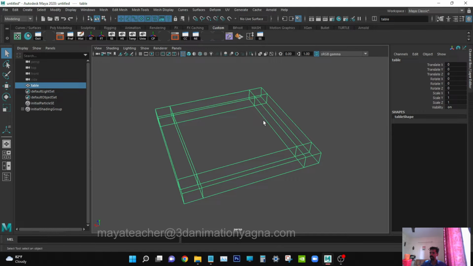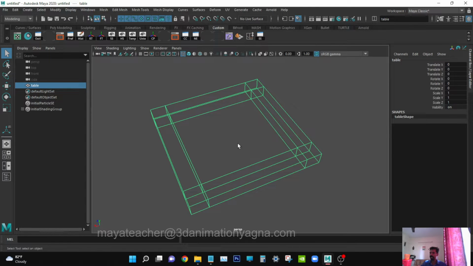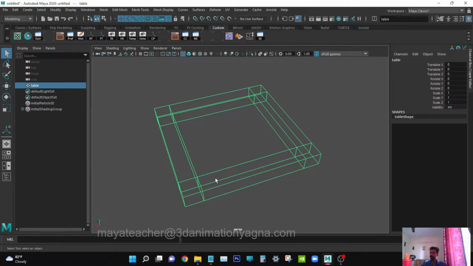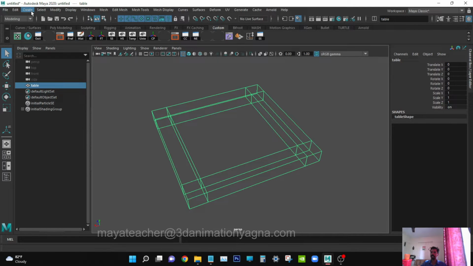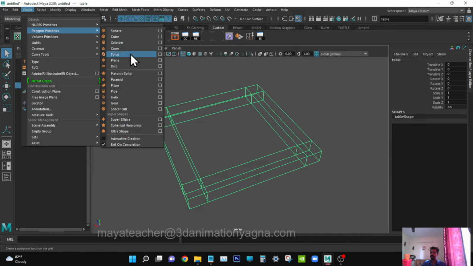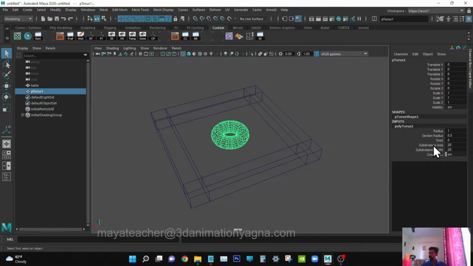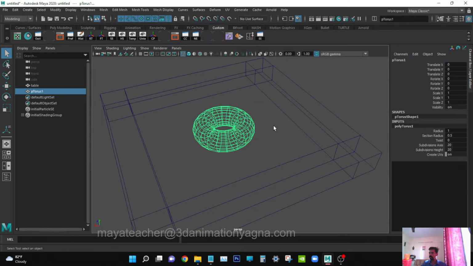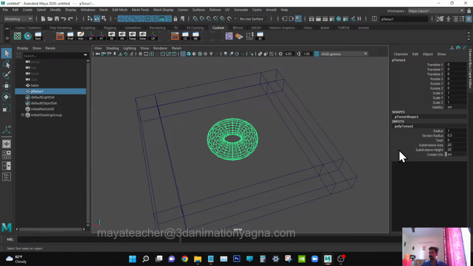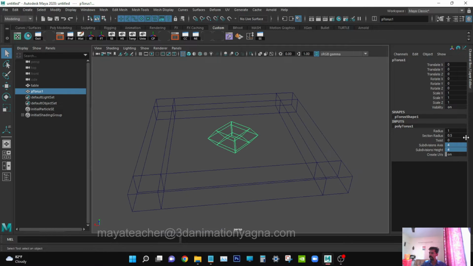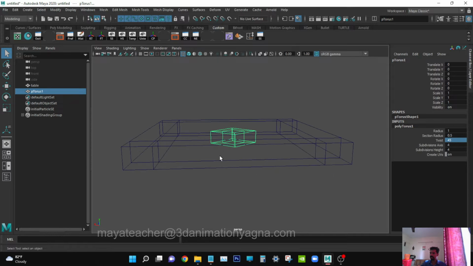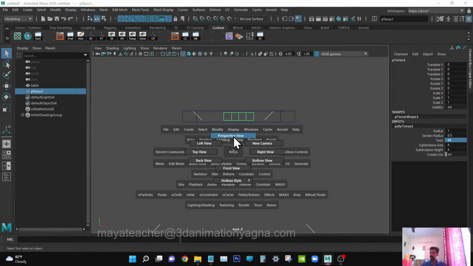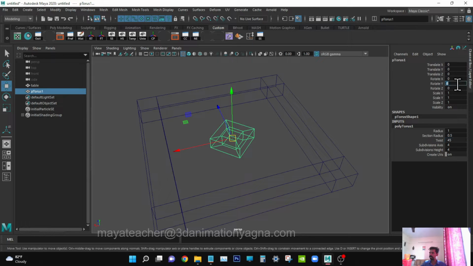Inside this we are going to keep a glass. Around that glass we are going to create a beading. So for that I am going to take Polygon Primitives, Torus. You can see how I am going to make a cubicle out of this torus. Make the subdivisions axis and height 4 for now, and twist should be 45. Yes, now it's cubicle. Only thing, we have to rotate it in Y